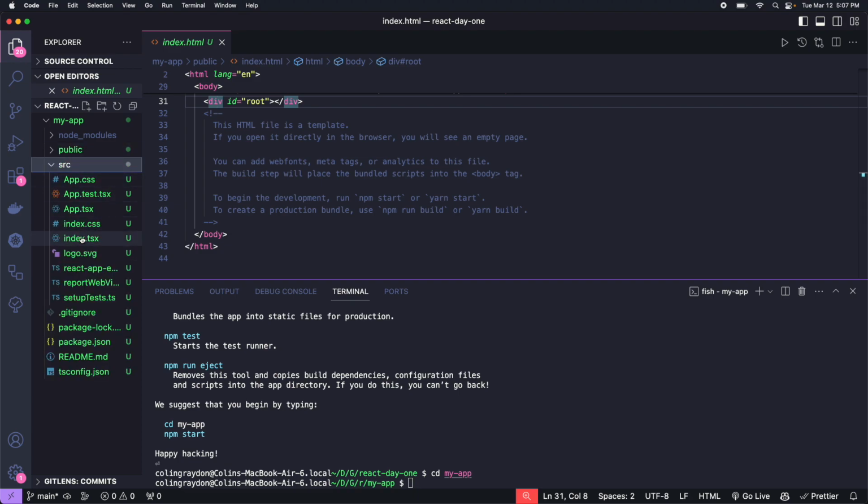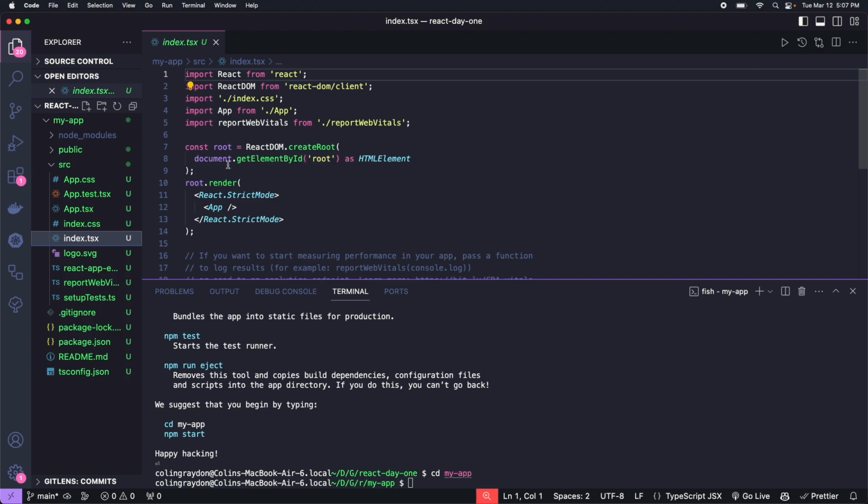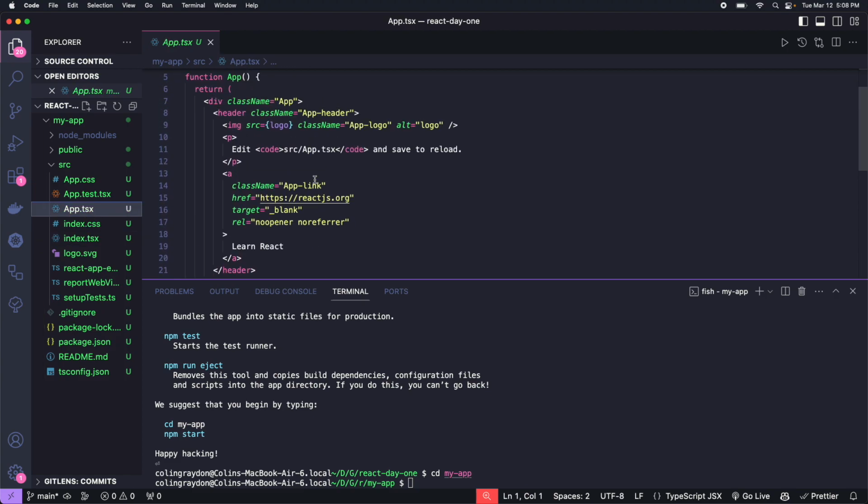We see in our source, there's a bunch of stuff going on here. I'm not going to rip this all out, but the main thing we'll see is that there is an index.tsx. We'll see this root is the React DOM, which I mentioned, is the get element by ID root. So that's that div in the index.html file. And basically what we have here is the root.render. So it's rendering this application. And what's in the application? Well, we see React strict mode as a tag is wrapping app. So if we go to app, this is what we will actually see with all the CSS and whatnot